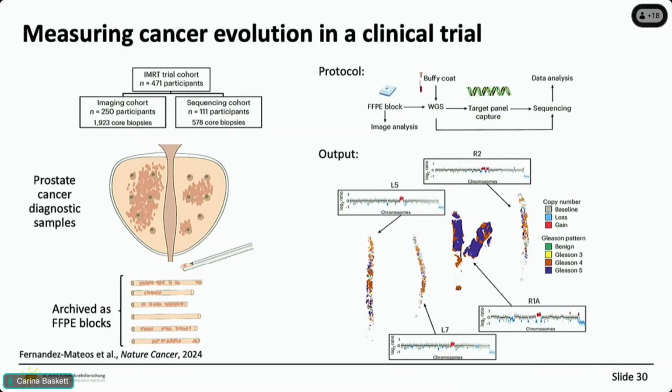And there they performed a clinical trial in prostate cancer. And actually in prostate cancer at diagnosis, what they use is something called a 12-needle biopsy, which essentially goes into the prostate to try and find where the cancer is. And then they take out these different diagnostic needle biopsies, and in pathology, they search for the cancer. But then what they did is they just archived these as FFPE blocks.